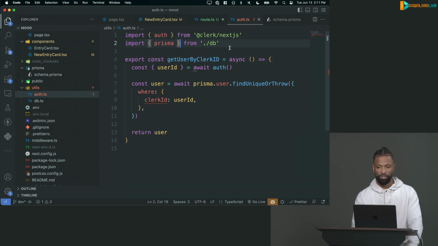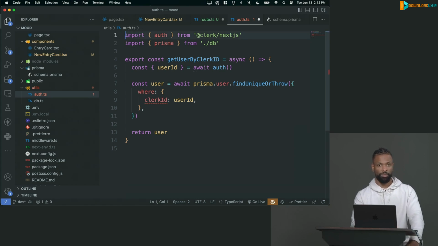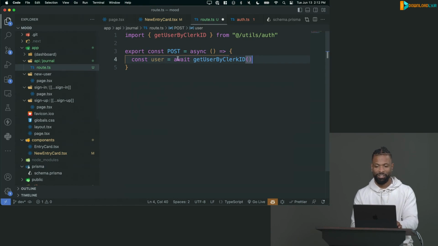There is a package you can install called server-only to ensure your stuff only runs on the server. I'm not going to do that. You just import it and it basically will error out if you try to bring anything from this file into the client. Not to be confused with doing something like this, which is called use server. That's only useful for creating server actions, which I don't think we're going to be doing because I don't feel the need to. There's a lot going on there. I know it's very confusing, but that's just how it is. So anyway, we got the user,